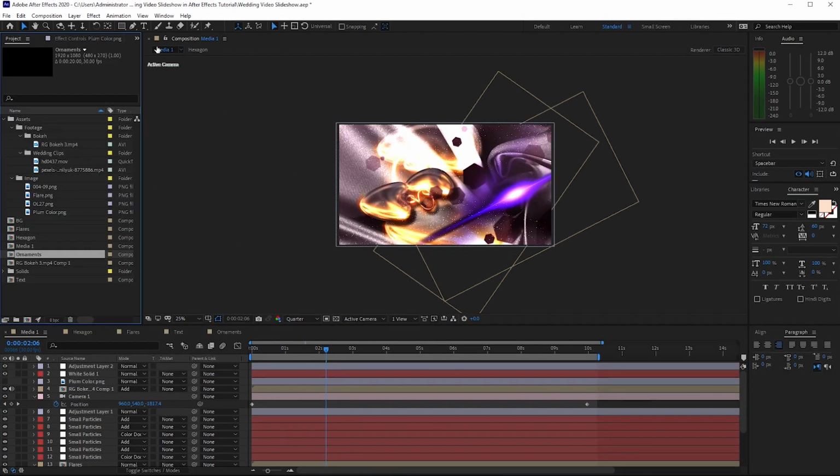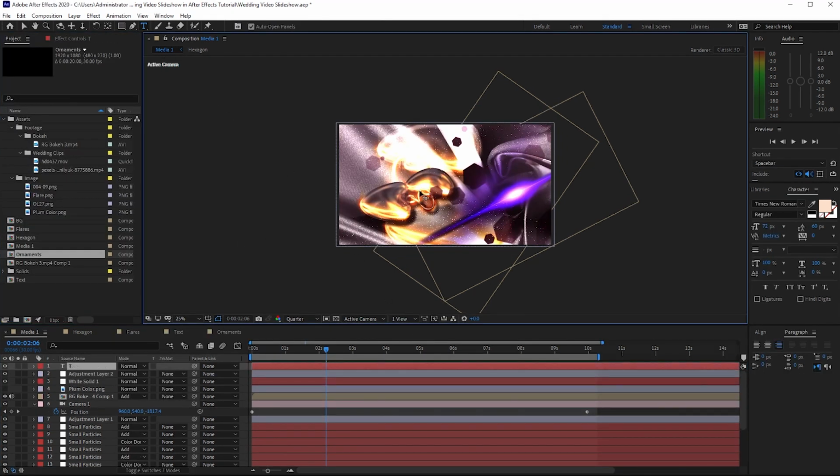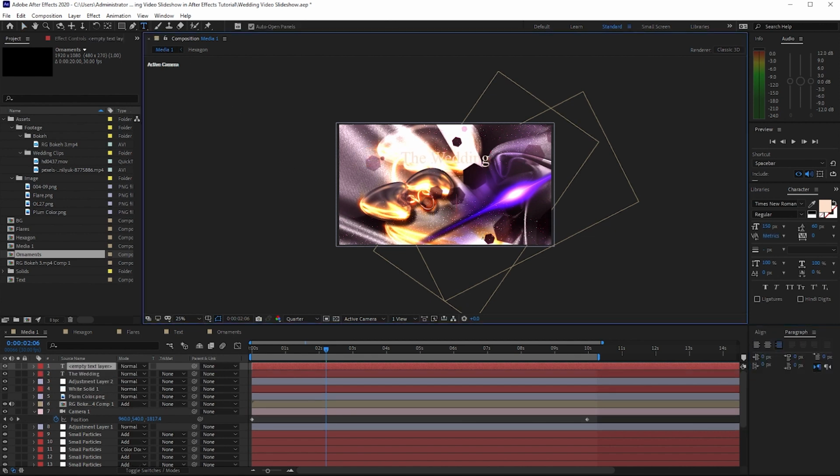Now grab the text tool and type the wedding. I'm using Times New Roman. I'll just change the size to 150 pixels and then I will drag this text in the middle. Align it in here and again grab the text tool and type Matthew